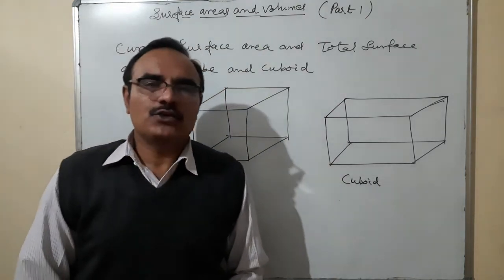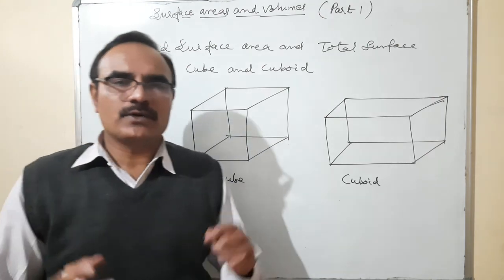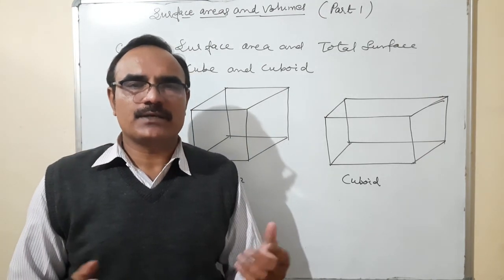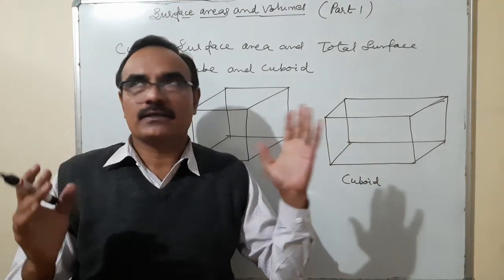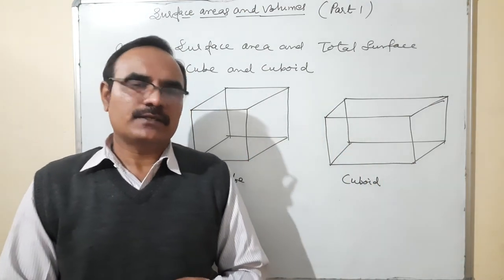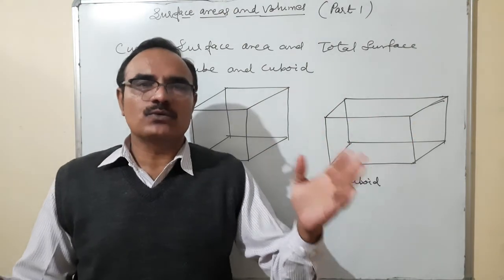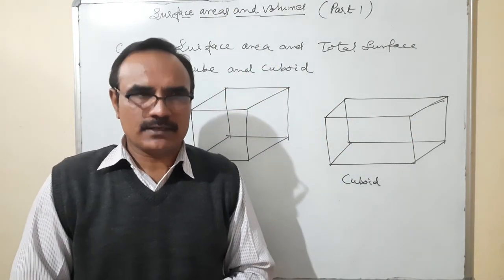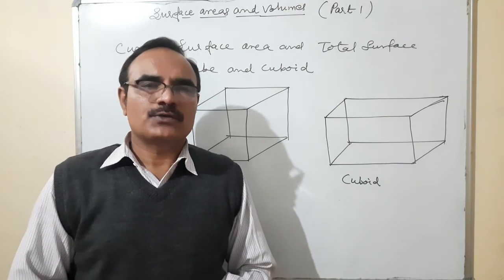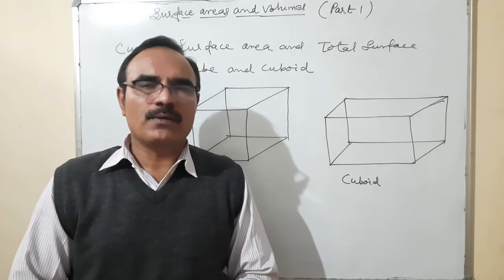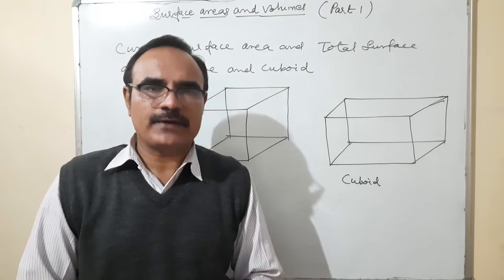Cube and cuboid. You can imagine this as a figure like you are sitting in a room. This room is either in the shape of a cube or a cuboid. So in a cube and cuboid, how many faces are there? You will see there are a total of 1, 2, 3, 4, 5, 6 faces, in which 4 are walls, one is the ceiling and one is the floor. So a total of 6 faces are there. They are in the form of either squares or rectangles.